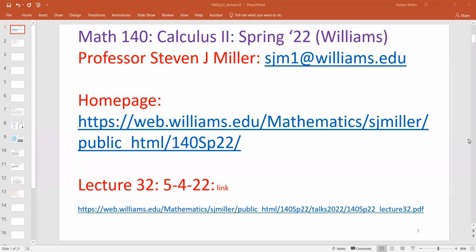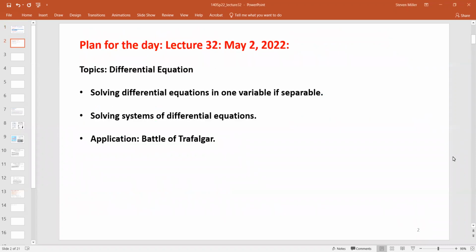All right, so welcome to Math 140 Calculus 2. And what I want to do today is continue with the applications. And so today we're going to talk about solving differential equations. And then after we talk about solving differential equations, we'll actually apply it to an extremely important problem, a problem from mathematical warfare. And you can use this analysis to look at the Battle of Trafalgar, which was one of